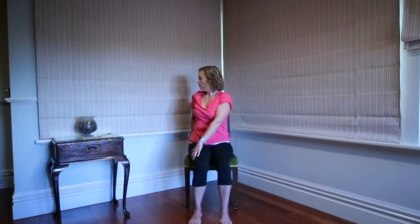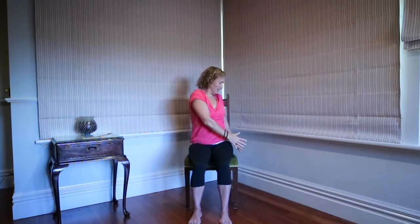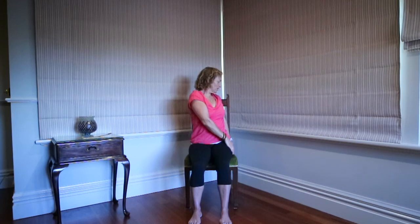And the next time you inhale, you can draw the hands either out to the front or above your head. And as we exhale, let's take it over to the other side, bringing it over to the right. Giving a nice straight back. Your next inhale will take the arms up above the head, and as we exhale, bring the hands down to